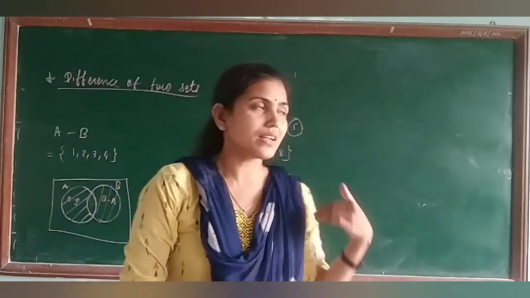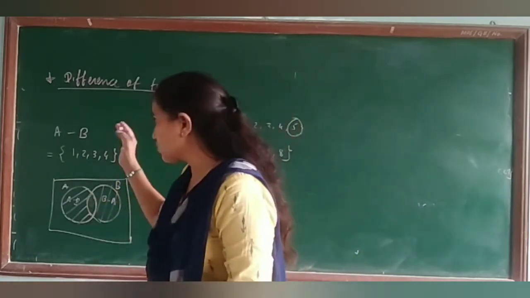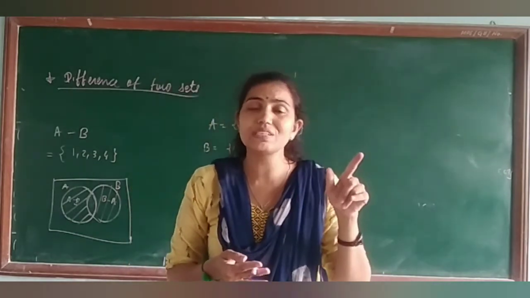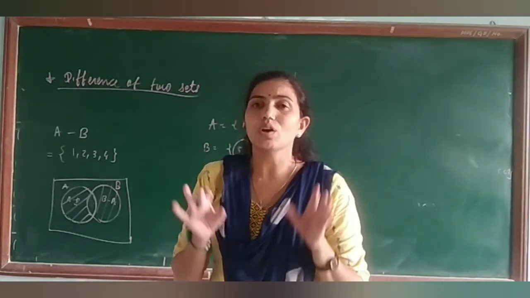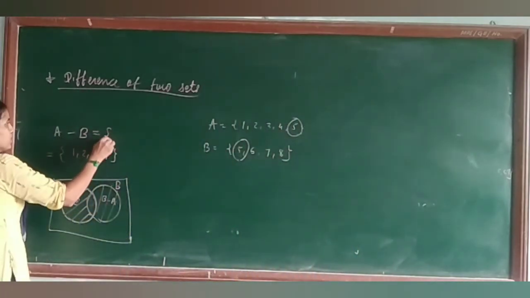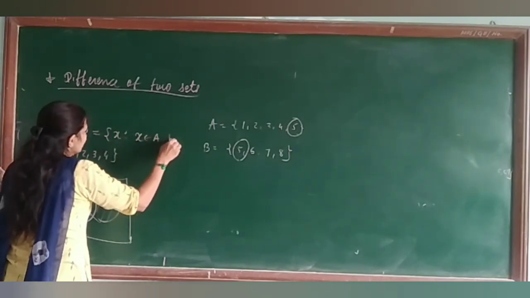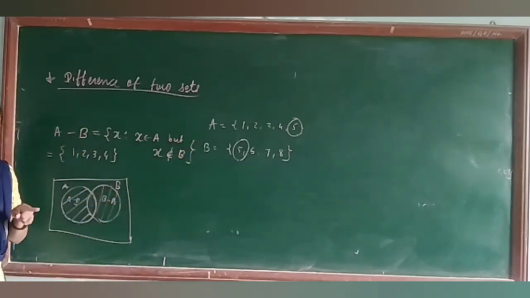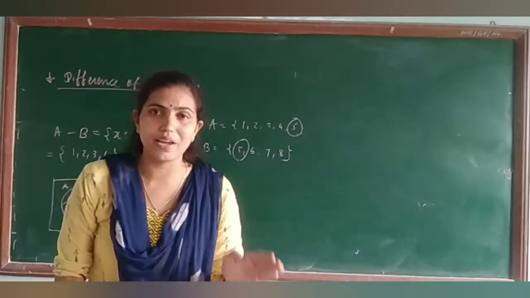तो हमें ये ऐसे भी ये concept हमारा इस साल जो है syllabus में नहीं है. So we are not going much more detail on this. But this is the concept we will require for the probability and other chapters also. So please keep in mind the difference of the two sets. What is the difference of two sets? Then when you are writing A minus B in the set builder form, you have done all those x where x belongs to A but x does not belongs to B. ऐसे सारे x जो A में है मगर B में नहीं है. That means the common element we have to minus.